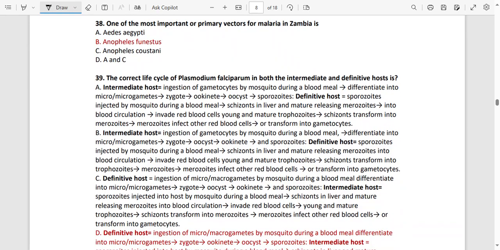38. One of the most important or primary vectors for malaria in Zambia is Anopheles gambiae, Anopheles funestus, Anopheles costani. So the funestus is important for malaria in Zambia. It's like the most important, one of the most important. Funestus. The correct life cycle of Plasmodium falciparum in both the intermediate,